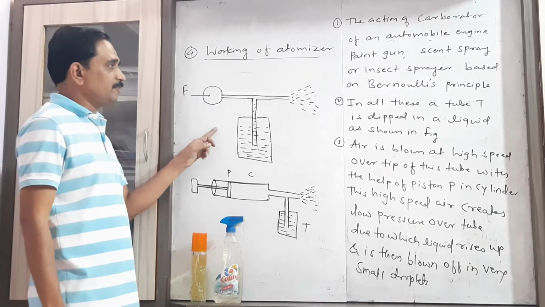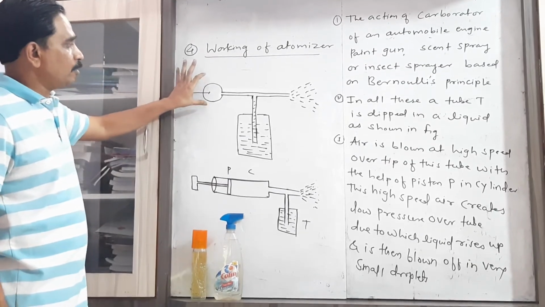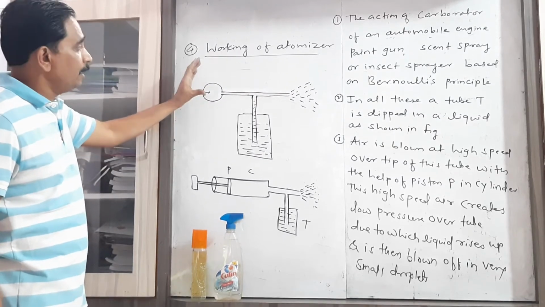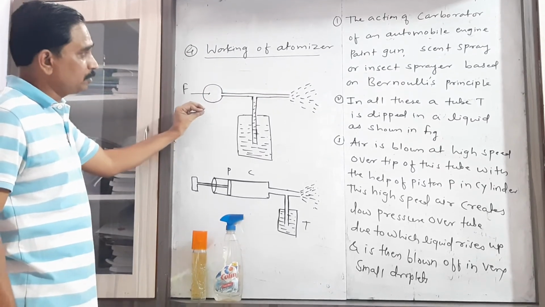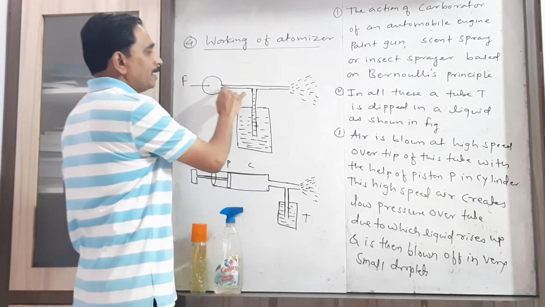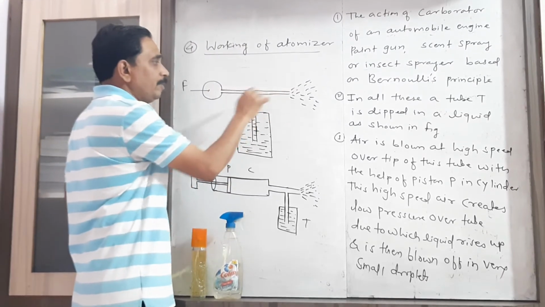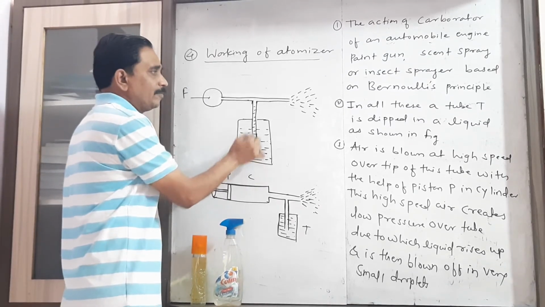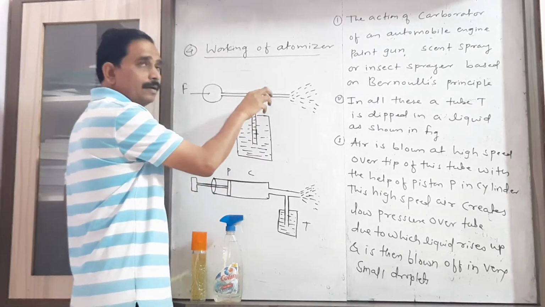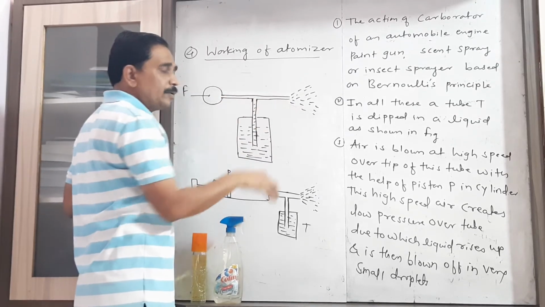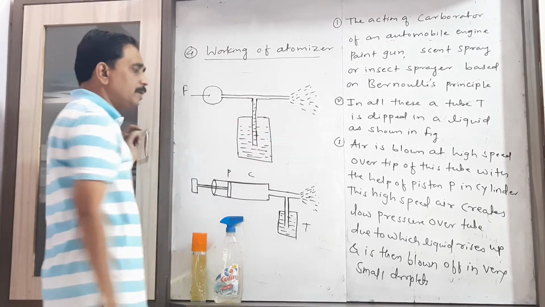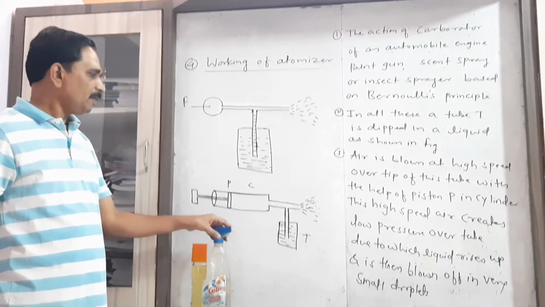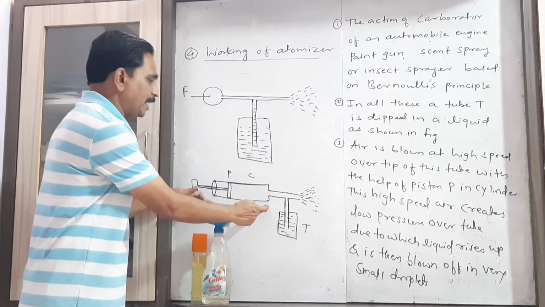Now here in the first figure, this is the part of the rubber which we press, then it causes the force because of which the air rushes out, the air that moves from that part, and the liquid from the tank rises up, and that liquid is then spread out in the form of a large number of droplets.